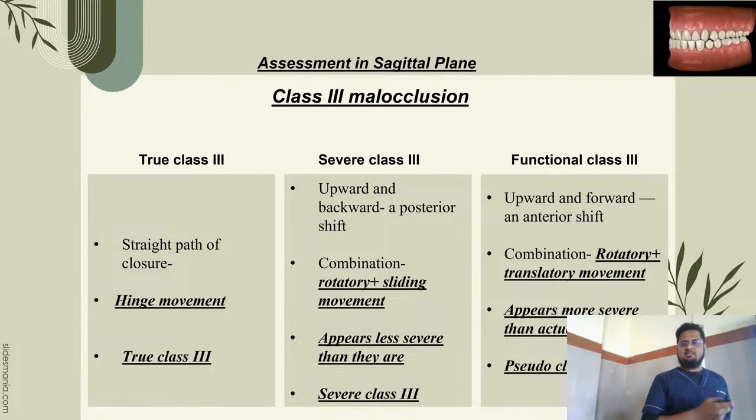Same assessment in the sagittal plane in class 3 malocclusion. There will be true class 3 cases, with different paths of closure for severe class 3 and functional class 3. Let's see one by one. In true class 3, the path of closure will be a straight path of closure. The mandible just comes and touches the maxilla and closes in the centric occlusion. Straight path of closure, there will be hinge movement of the condyle, as seen in the